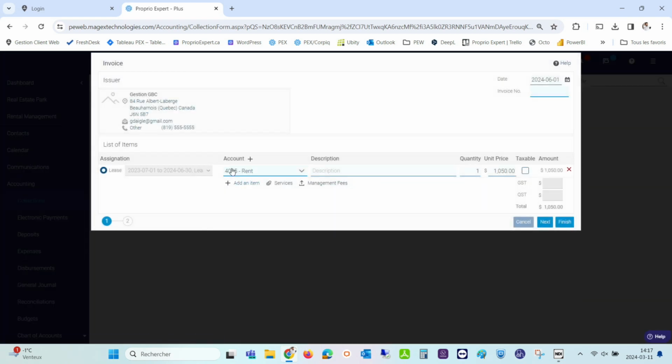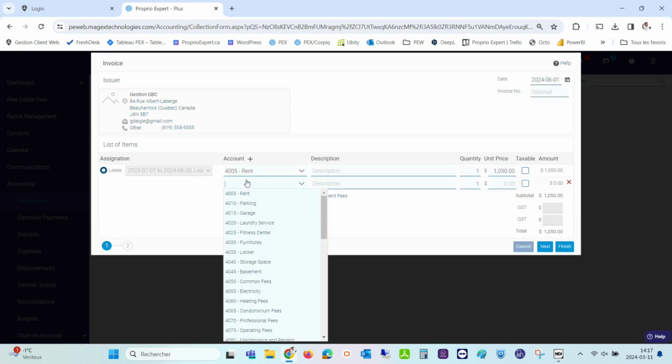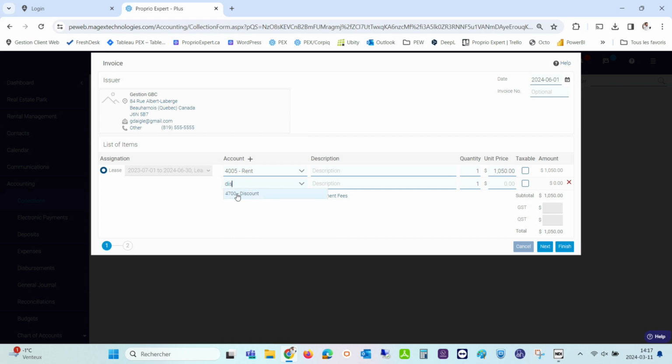I suggest you don't touch the first line because this is the rent, and the unit price is this amount. So I suggest clicking on add an item, and you will just have to choose the discount account, which is 4,700. And also you put the amount. So I give her $300 less on her rent for the month of June, so she will pay only $750